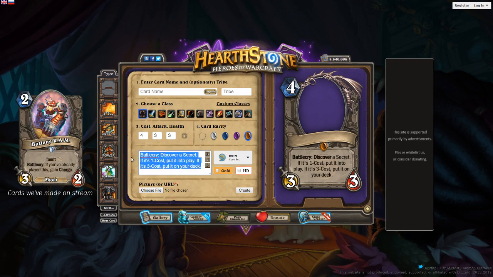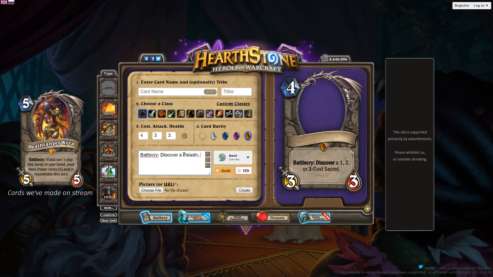I think this card is going to be too much to word, but what I wanted it to be is: discover a 1, 2, or 3 cost secret. Like, this goes from any class. Like, discover a paladin, hunter, or mage secret. Paladin secrets...